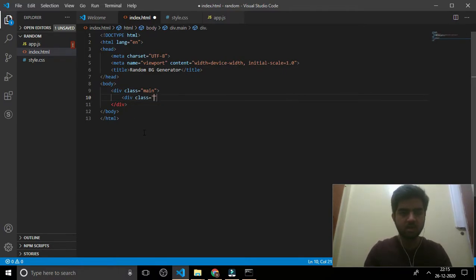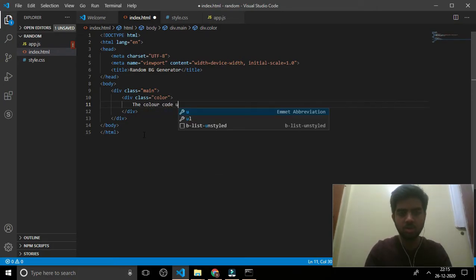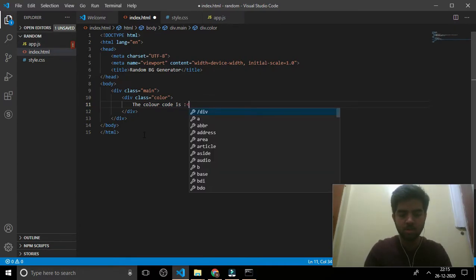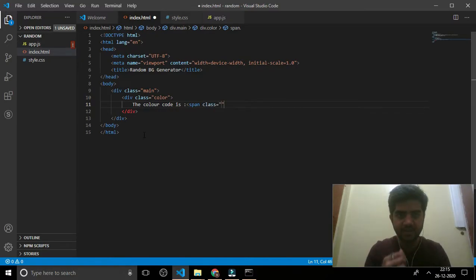Div class, I'll declare it as color. The color code is a span tag with a class inside it as changed color.